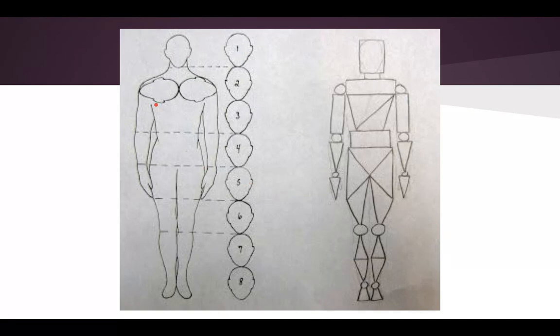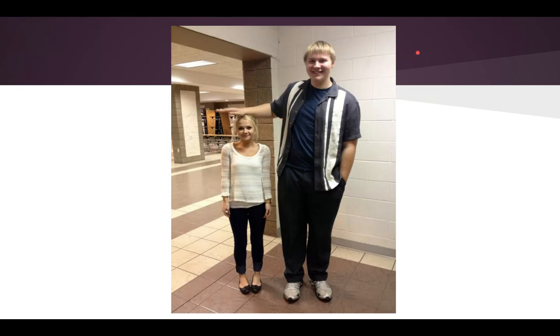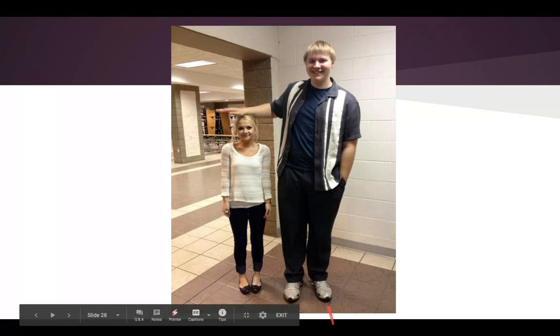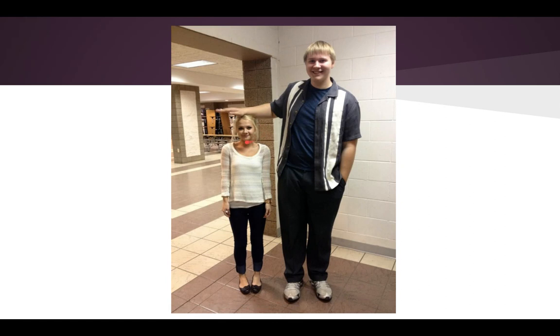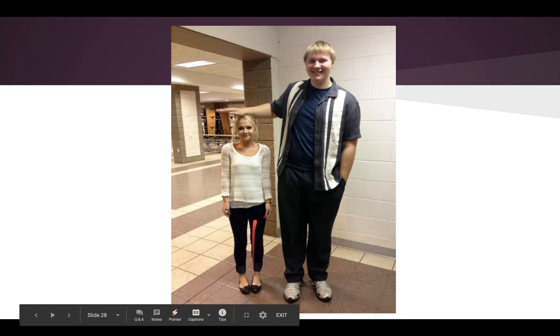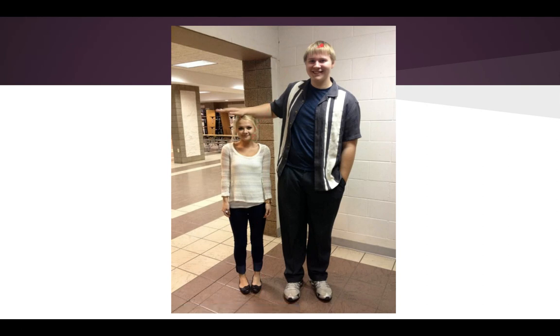And overall, your head is about 1/7 or 1/8 of your height. So you're about 8 heads tall. Your head's tall, not somebody else's. So this is a really good example to show you the idea of proportion. If you're taller, you're going to have a bigger head, you're going to have bigger hands, and you're going to have bigger feet. If you're smaller, this person says she's really short. Her head is still about 1/7 to 1/8 of her whole total height. And as you can see, because she is a shorter person, her head is therefore smaller compared to his. He's taller. Her hands, you can tell, are smaller than his. And her feet